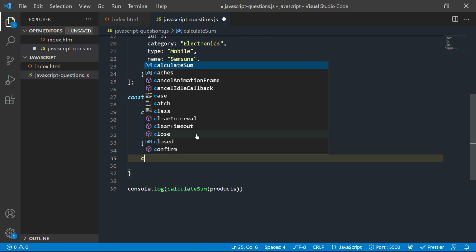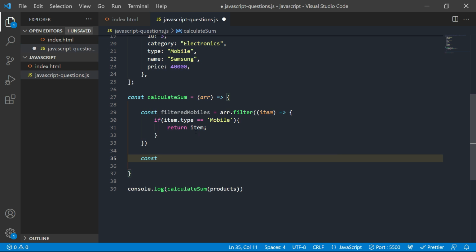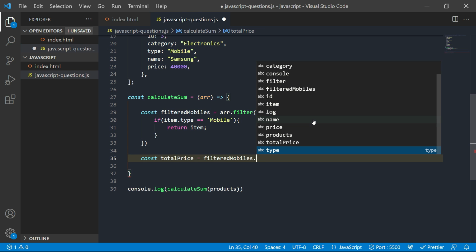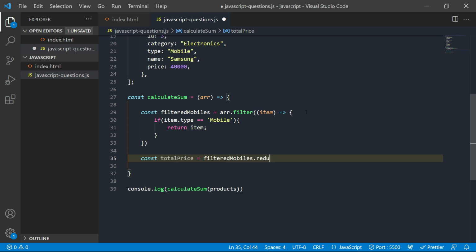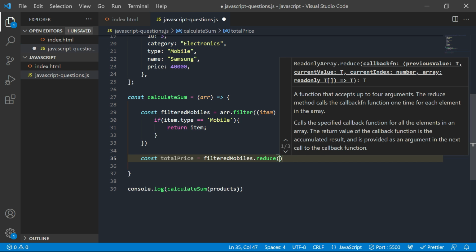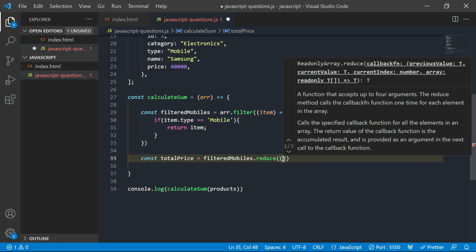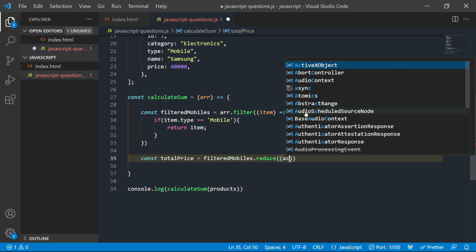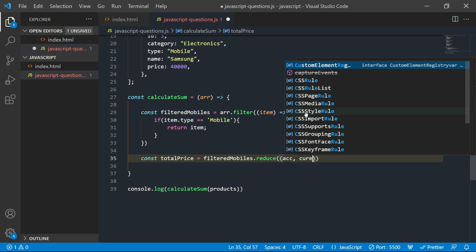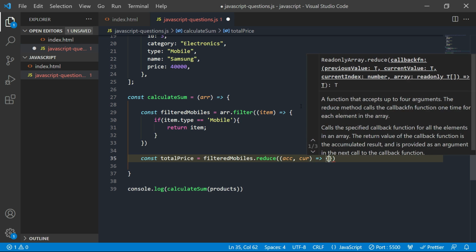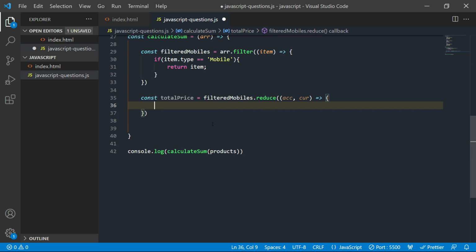Now let's take another variable, totalPrice, equal to, and we are going to use the reduce method upon this filtered mobiles list. So filteredMobiles.reduce. This also has a callback function, but it accepts two parameters: one is the accumulator and the other is the current object. So what are these two? The accumulator is nothing but the previously returned value of this function.